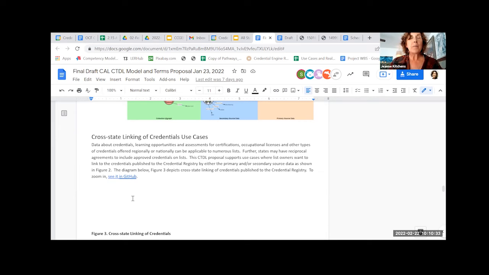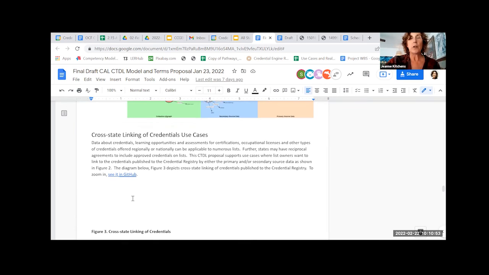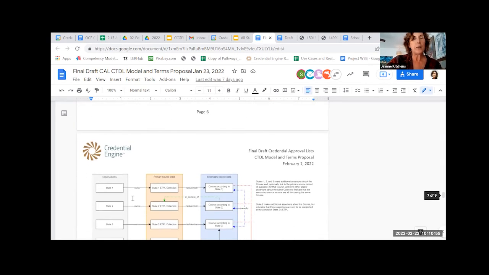And so not only is it about being able to create the list and describe things that a list owner does not own or offer, but to also consider things like reciprocity of things on a list across borders, which was another important use case that's described here.